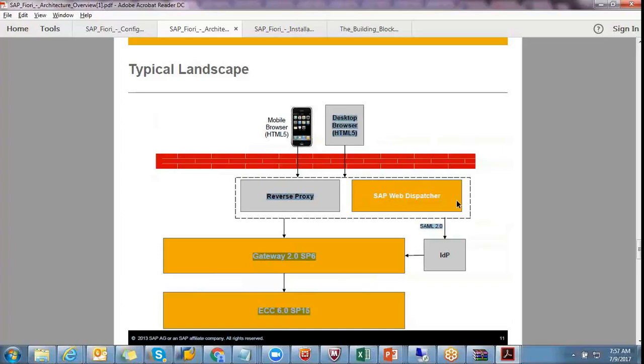These are all terminologies related to Fiori, so just go through them. If you use these terminologies, the interviewer can feel that you are working on some Fiori-related concept, and that is why you have an idea of this terminology. Terminology is very important: SAP Web Dispatcher, proxies.